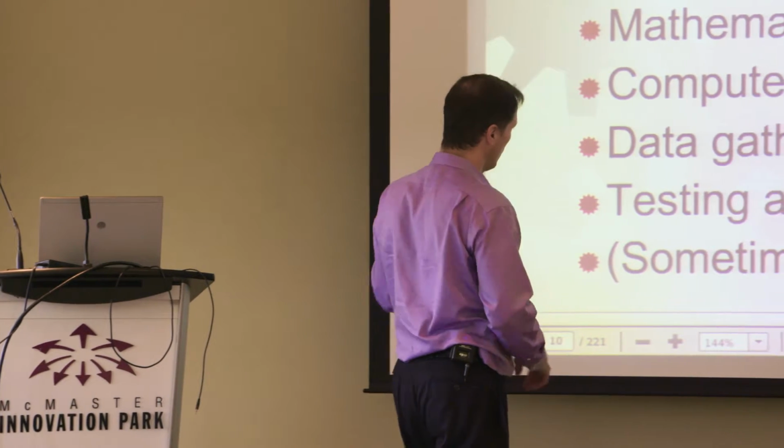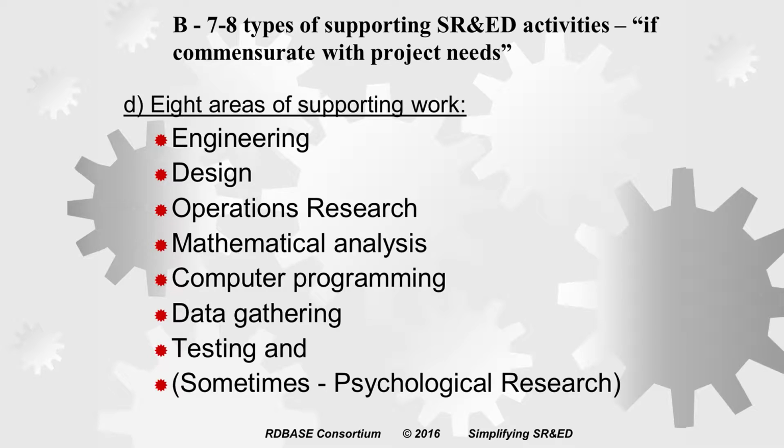Lastly, I'm going to talk about psychological research, which is listed in the Income Tax Act as a supporting activity, but should be qualified. The real issue on psychological research is that we'll see in a couple more slides that psychological research is actually classified as a social science. And one of the things that's not in is social sciences. So how can you put psychological research in when it's a social science, and then the Act actually pulls the social sciences back out in another section?